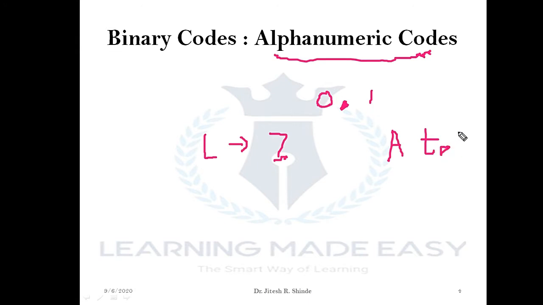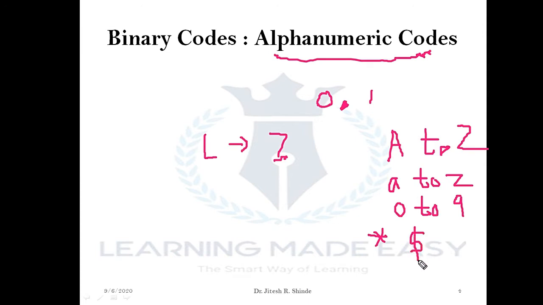Alphanumeric code can also be used to represent the alphabets in small letter form, from small a to small z. In addition to this, alphanumeric codes are also used to represent numeric data from 0 to 9. It is also used to represent some special symbols which you generally find on your keyboard, for example the star or asterisk symbol, the dollar symbol and other such special characters.